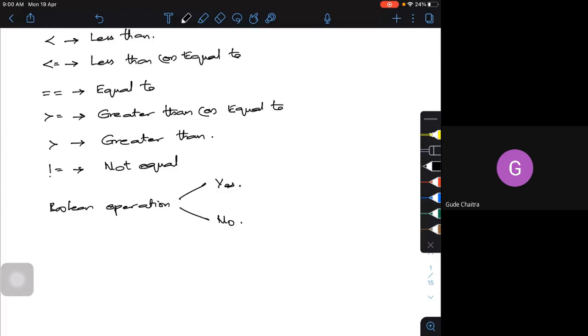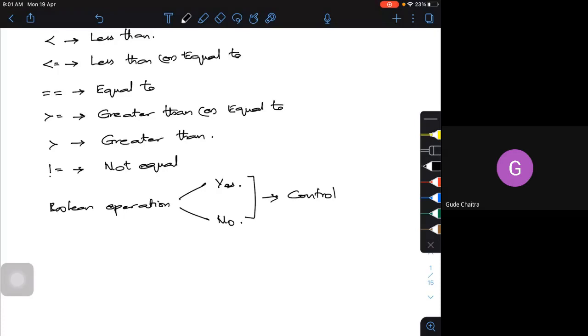Based on these two conditions, I can take the control of that particular part of the program to the next level. If it is true, I'll move to the next position. If it is false, I'll move to another position. So this is how your Boolean operations will work.